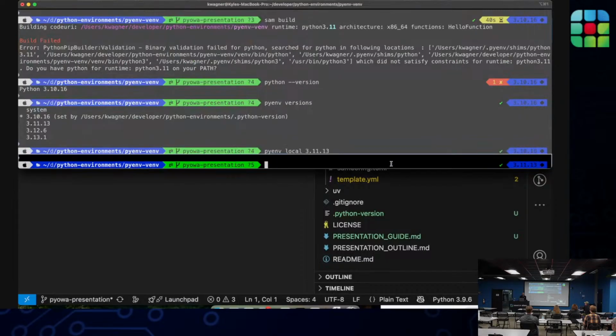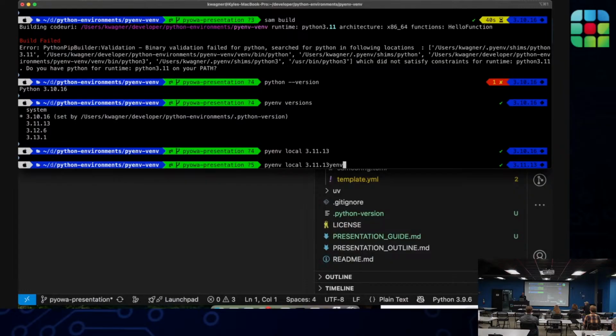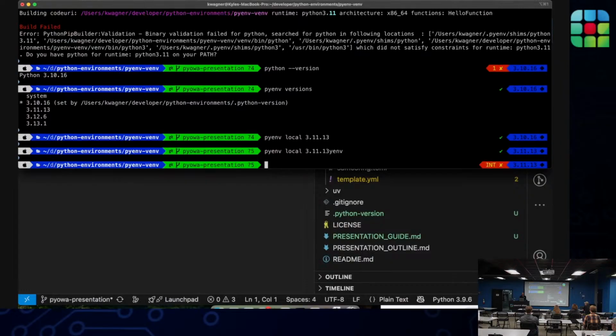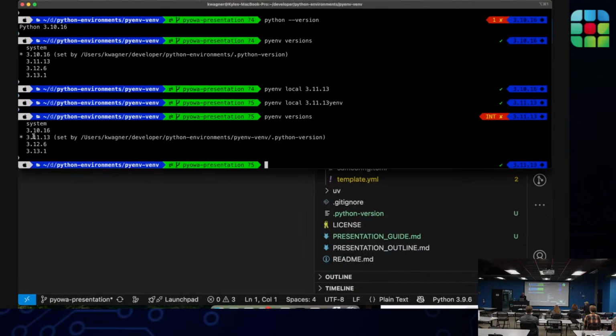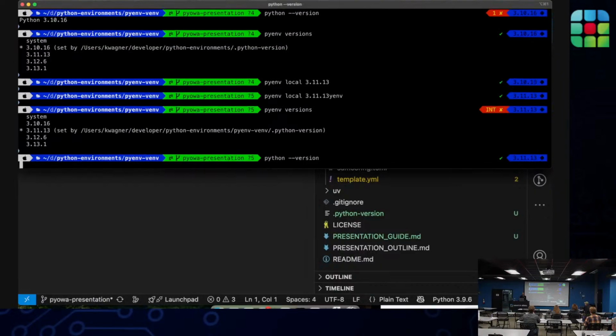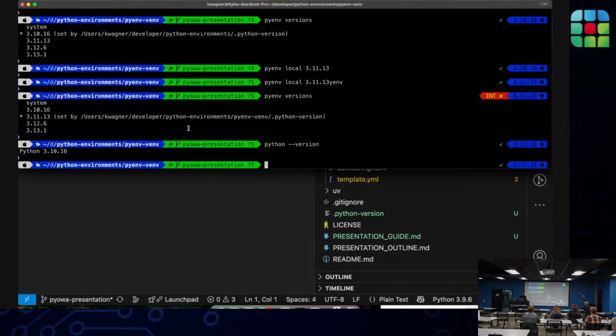Pyenv versions again. We can see that it's now using Python 3.11. Check the version with python --version just to make sure, and it looks like it is still on Python 3.10.